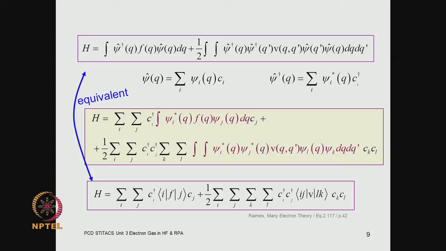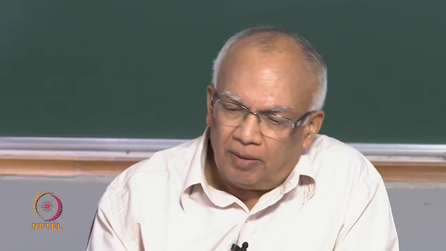So, it is almost trivial, but it is important to convince ourselves that the expression in terms of the field operators is exactly the same as that in terms of the creation and destruction operators. So, now we have got the Hamiltonian in terms of the field operators as well,